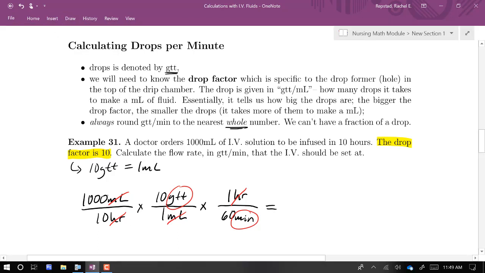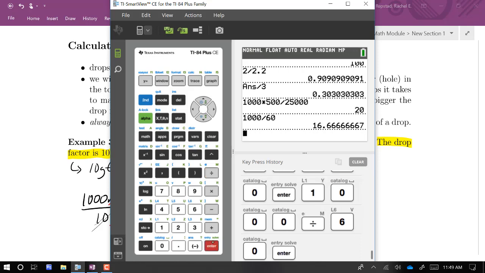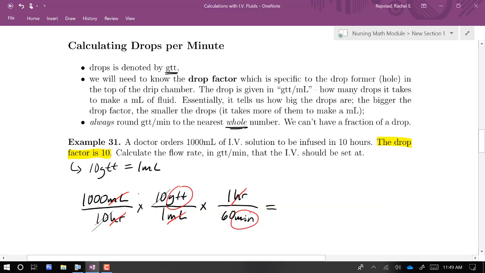So 100, let's see, these 10s will cancel, I guess. We could do the whole thing on the calculator, but it's kind of simple to cancel this 10, so we're going to have 1,000 divided by 60. So, 16.67